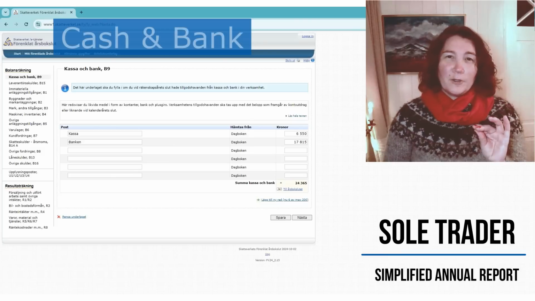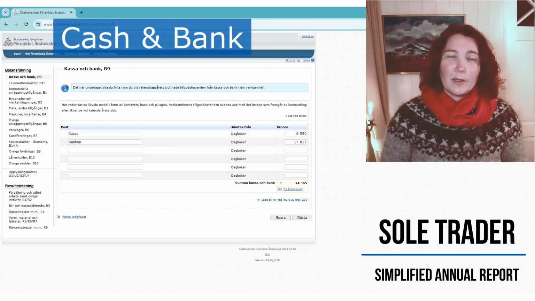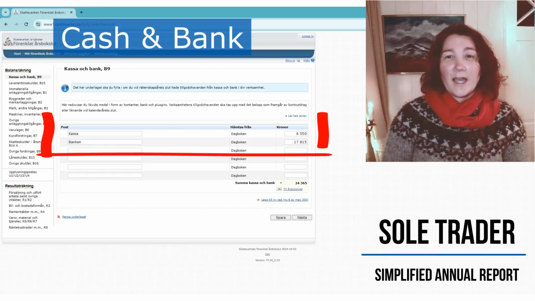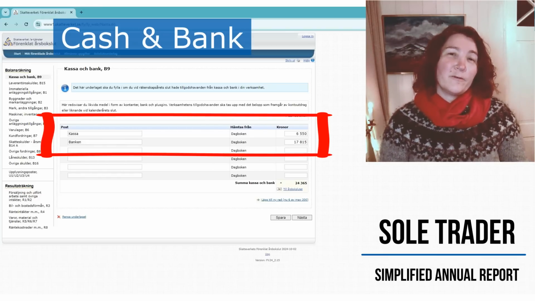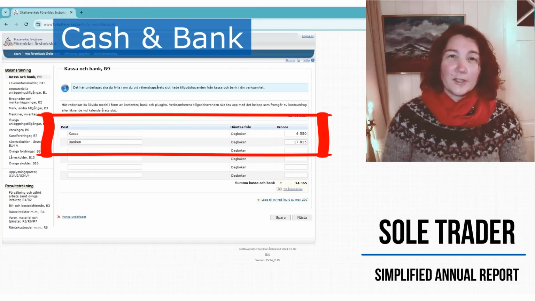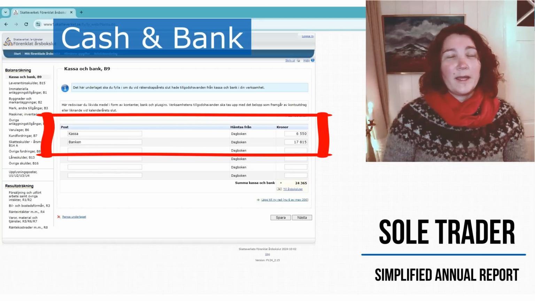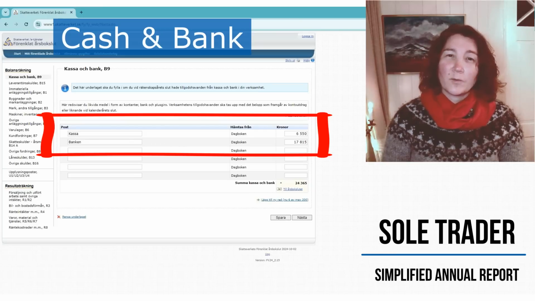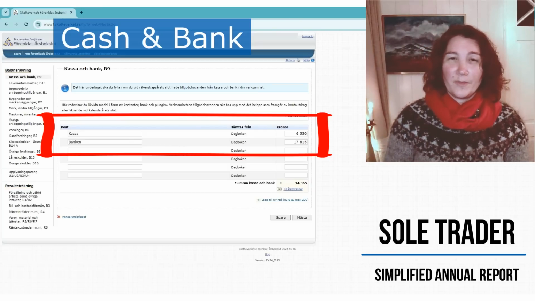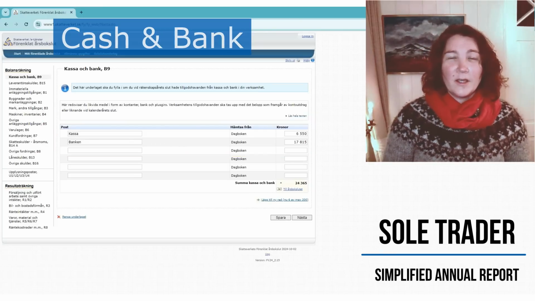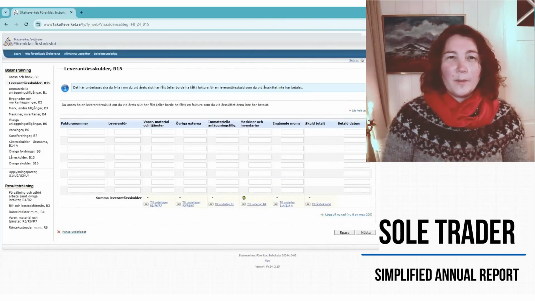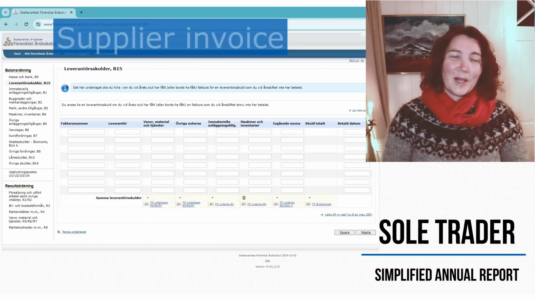And now we look at Berit Godin, our example company owner, and in her bookkeeping we can see that she had 6,550 Swedish kronor in her cash, and on the bank she had 17,815 Swedish kronor. So that is what she had here in her simplified annual report. And now we click on next, and then we come to suppliers,